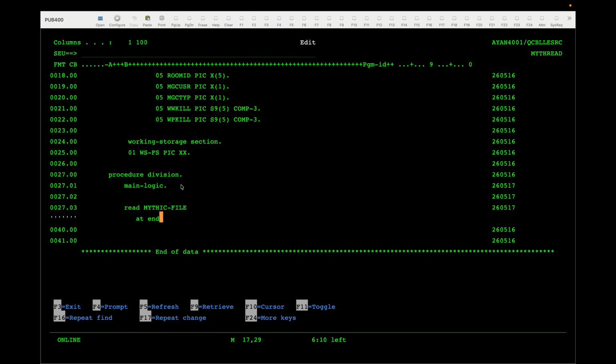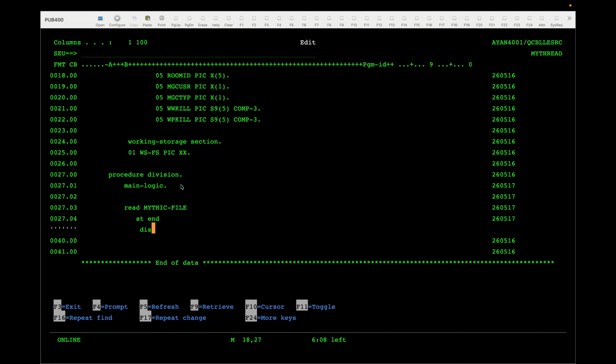at end, maybe display whenever at end. Okay, at end has been reached, or it could be, it's an error handling process, at end. We will go through it in detail. Right now I just want to show you that our sequential organization and access is working. Okay, display file read complete, for example,